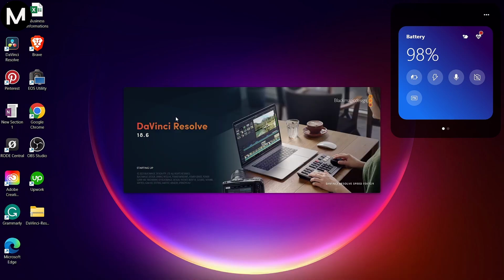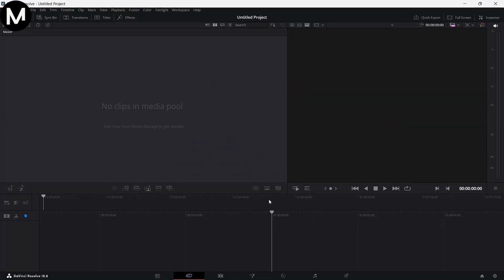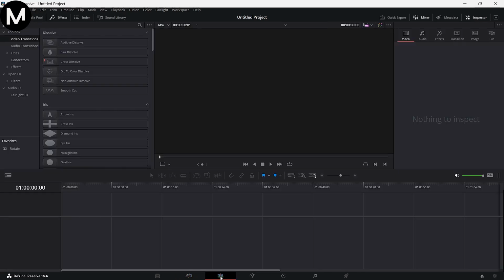Open the application. When you first launch it, there might be a brief delay as it initializes. You'll be greeted with the DaVinci Resolve 18 interface, equipped with various sections like Media, Cut, Edit, Fusion, Color, Fairlight, and Deliver. Congratulations! DaVinci Resolve 18 is now ready for use. Drag in your media files and start editing.